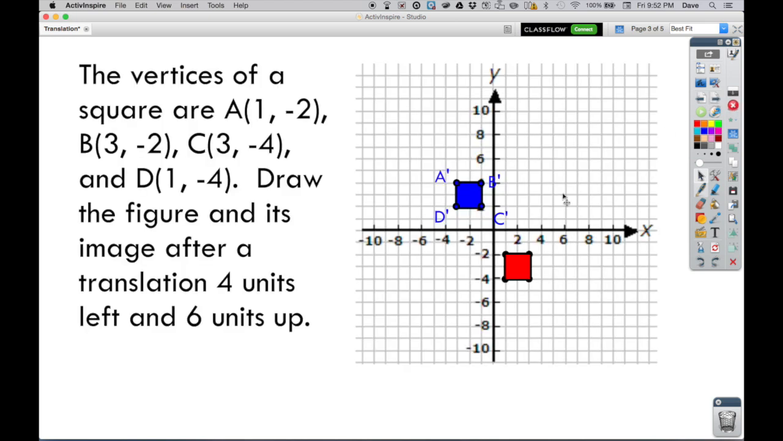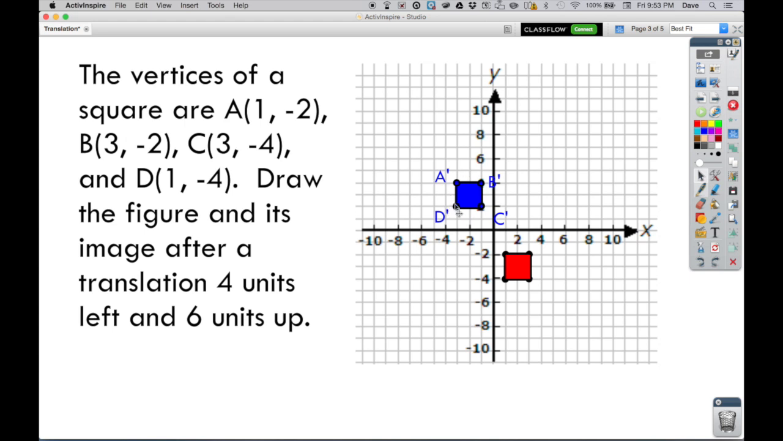Now it's hard to tell with the square, but in this case the square is still facing the same direction. This was the top here, this is still the top here. It would make more sense if we had a different shape where all the sides weren't the same to see that. All right, so that's a translation, just basically sliding a shape from one location